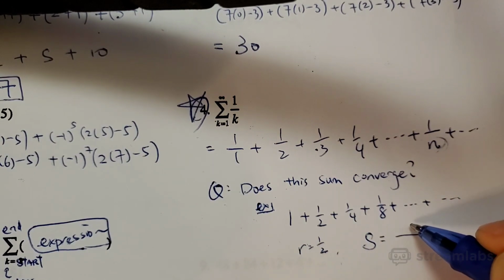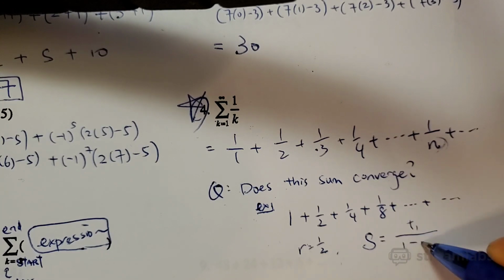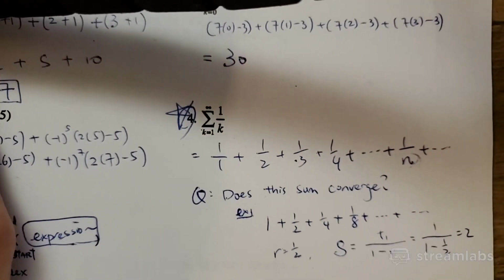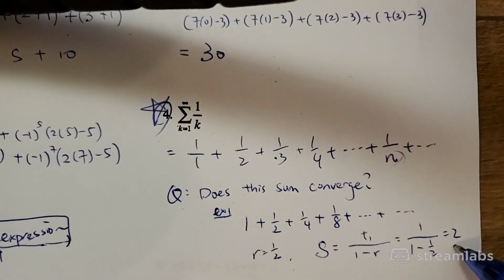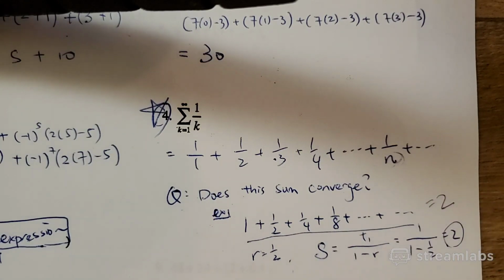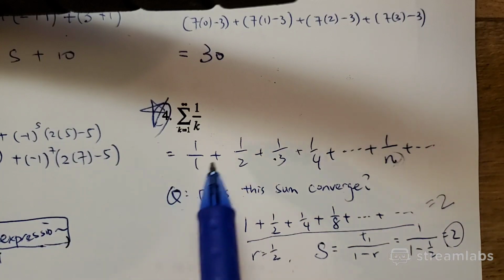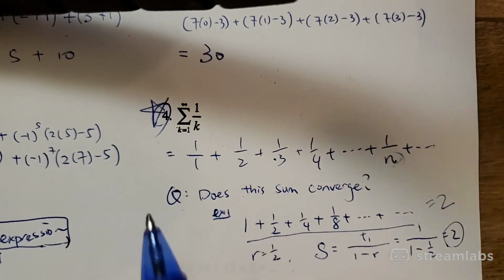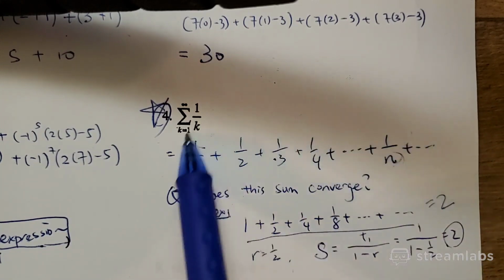sum is exactly equal to t1 over 1 minus r, right? Which is the first term over 1 minus 1/2, which is 2, right? This is called a convergent series, right? It converges to 2, meaning this whole thing will add up to 2, okay? But do you think, all right, type it in the chat, do you think this series, 1